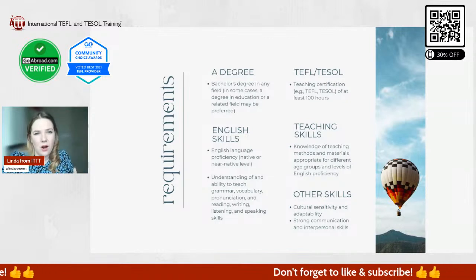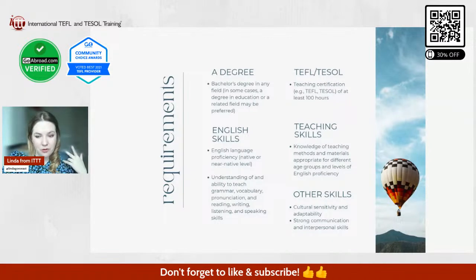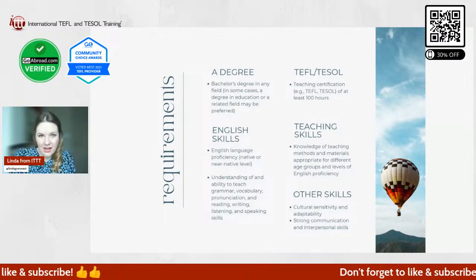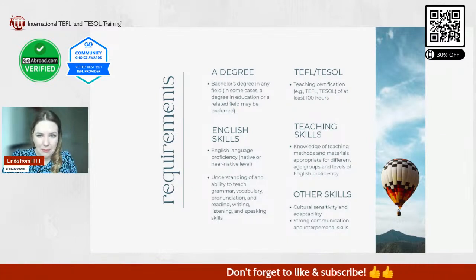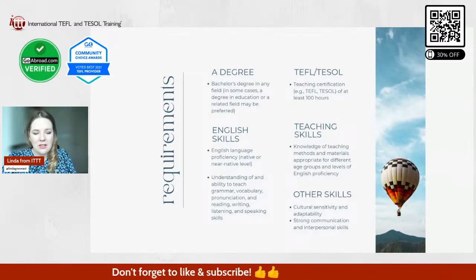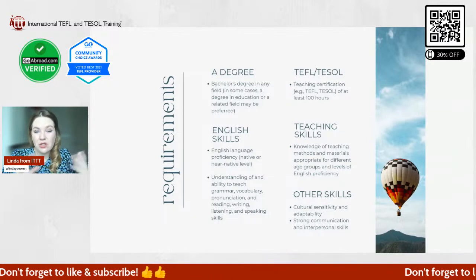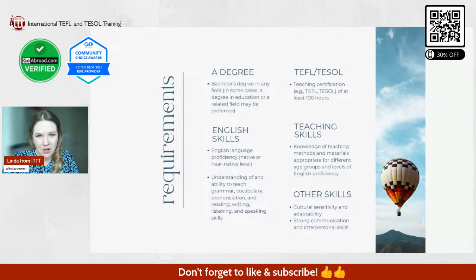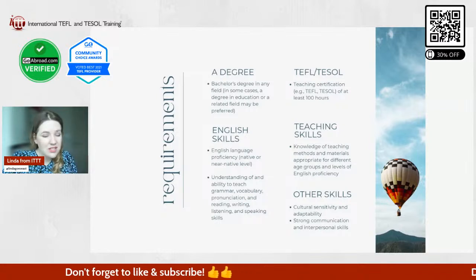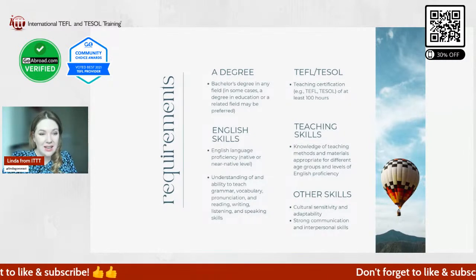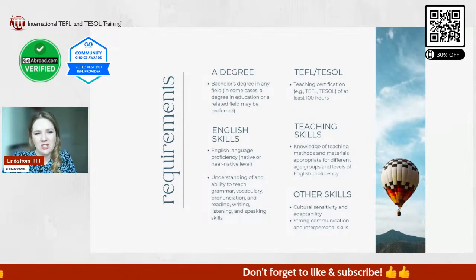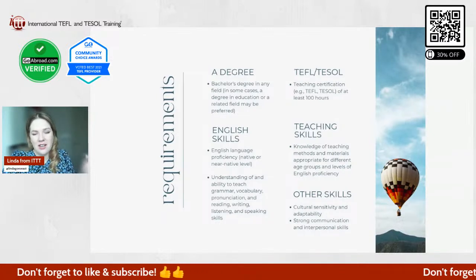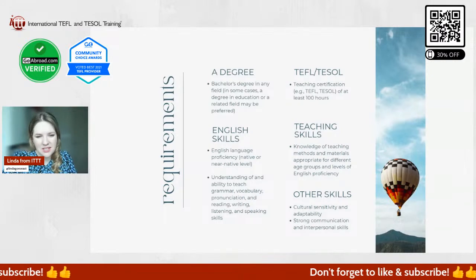And we talked about this before, but just to reiterate, for a lot of employers, hiring a foreign teacher from abroad is very expensive. So the last thing that they want to happen is that you come and it's too much for you, you have culture shock, and you leave. This is why they want to make sure you are adaptable. So if you have any kind of prior travel experience, living abroad experience, anything, that would be hugely beneficial, and just show them that you're not going to leave and have culture shock and lose them money, basically.